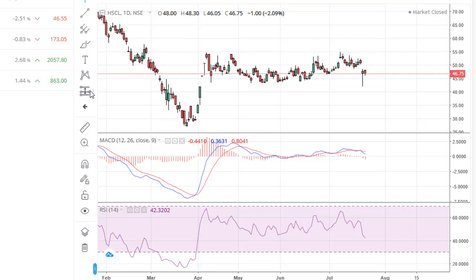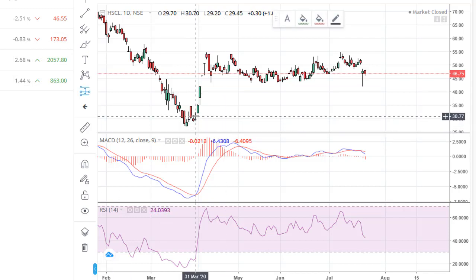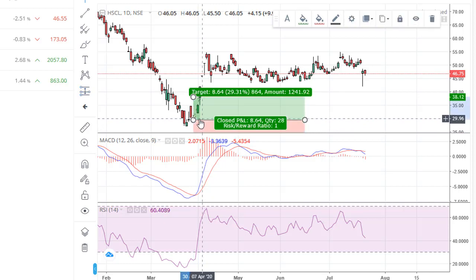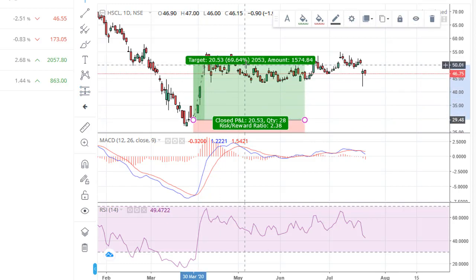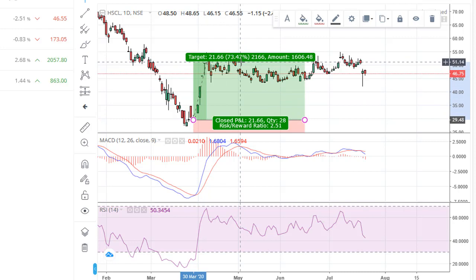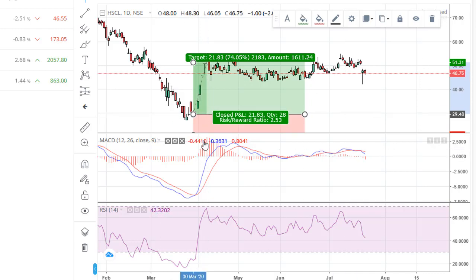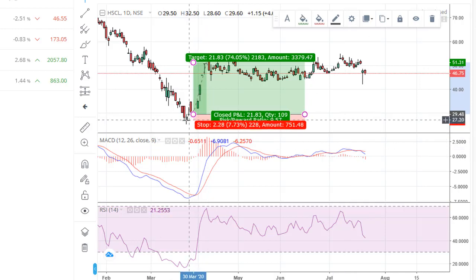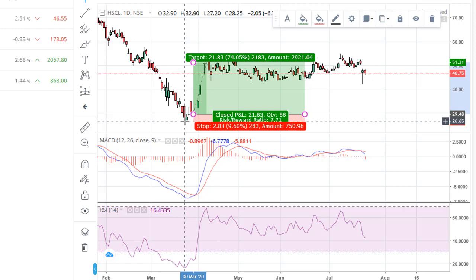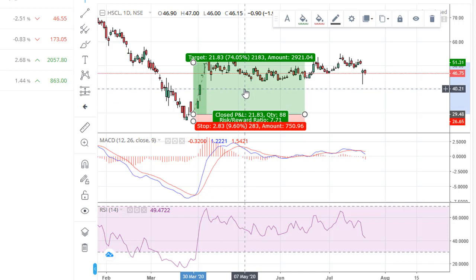As I told you, let's take our long position drawing tool. If the stock gave a signal here, this is where I could enter the trade. And the exit, as I told you, is where I could have exited on this candle, with a stop loss lower than the previous low. This is the previous low we are talking about, so I could have kept a stop loss here at 9%. And if you followed this trade, your profit would be 74% on this single trade.